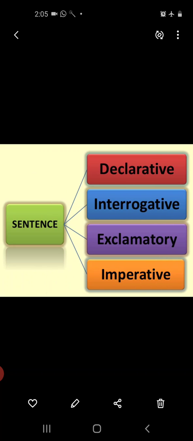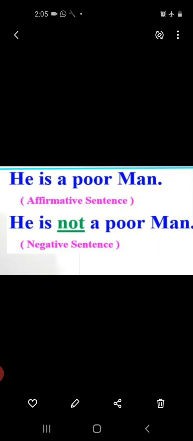As you know, the sentence can be divided into four categories: declarative, interrogative, exclamatory and imperative. Declarative is a simple statement. In interrogative, we ask a question. It ends with a full stop. And what is exclamatory? It expresses the sudden feeling of our heart, and at the end of the sentence, we use an exclamation sign. And what is imperative? In an imperative sentence, we give a command or make a request. That is imperative. So let's start how to transform